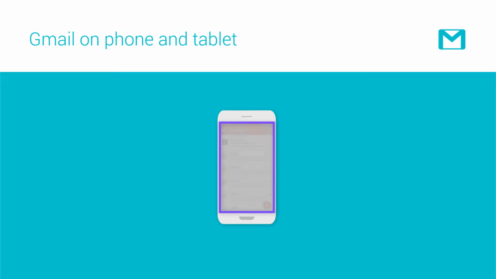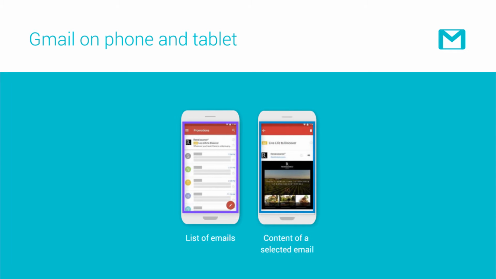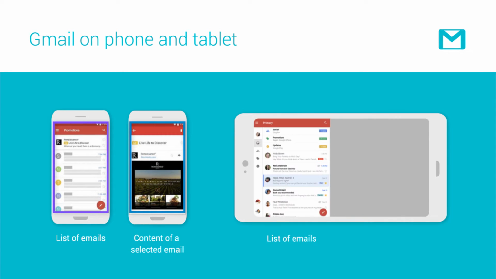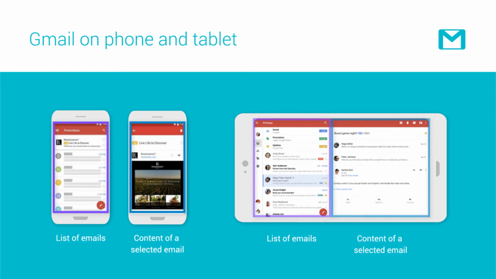For example, here's the Gmail app, which has a list of emails and their individual content appear on different screens on a phone. But on a tablet, the list of emails and the content appear side by side, because there's enough room to see them both. So, the Gmail app layout changes based on the screen size of an Android device, whether that's small like on a phone, or larger like on a tablet. And it uses fragments to define each layout and use the screen space efficiently so that everything is clear and